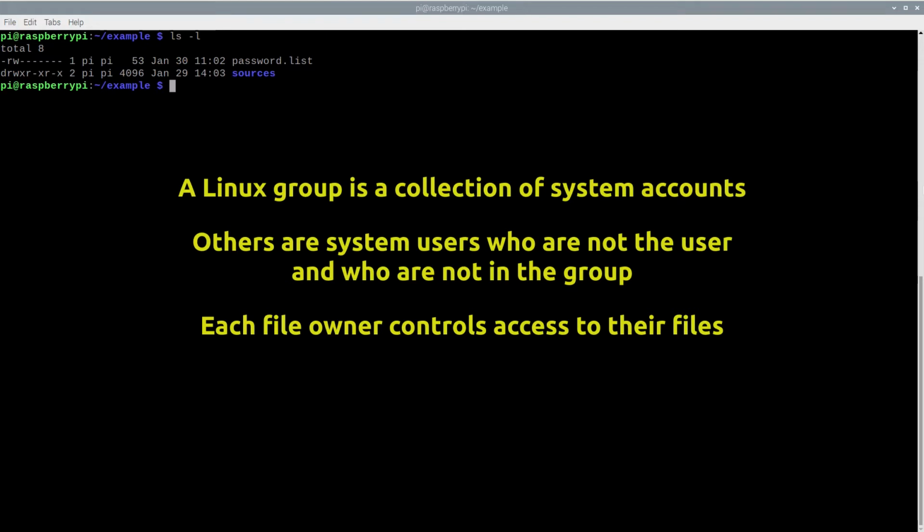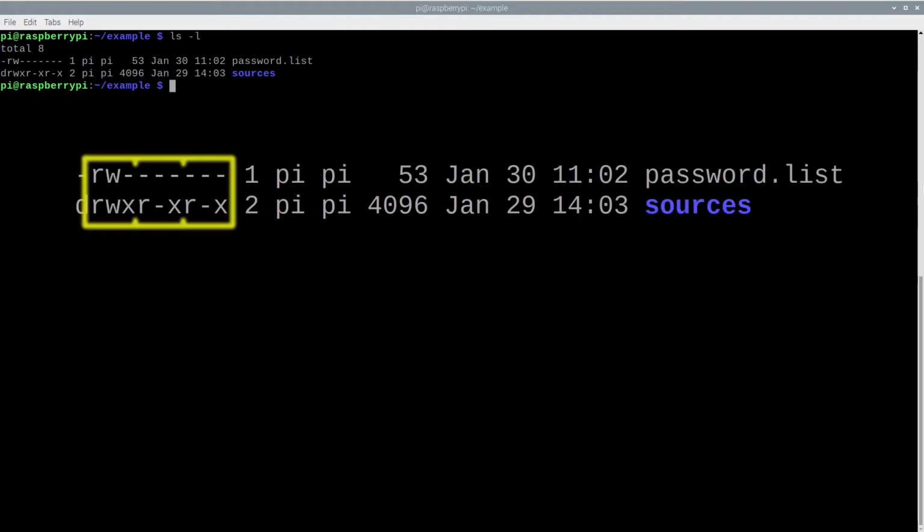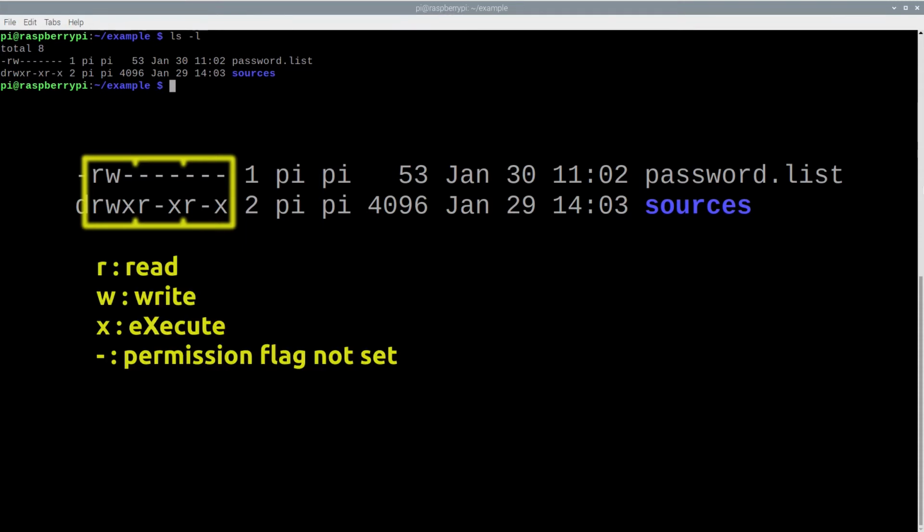It is worth noting that permissions do not apply to the system administrator, called root user, who has unrestricted access to the entire file system. You cannot use permissions to prevent root user to access your files, including the ability to delete them. Each subset of the 3 permission characters always comes in the RWX order. If a specific letter is visible, then that permission is set or allowed, otherwise there is a dash in its place.